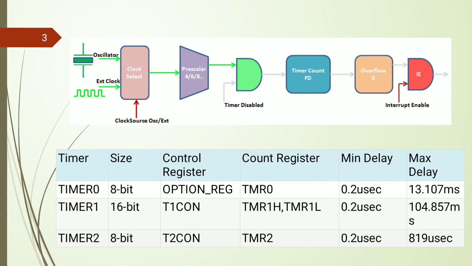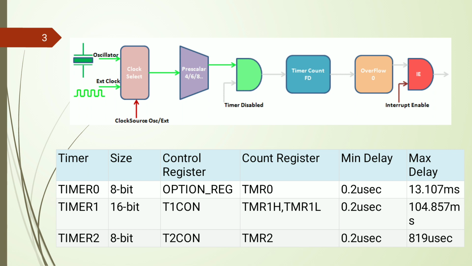After that, whether we want to enable or disable the timer for timing purposes or counting of events, you should enable the timer. After that the timer count is there, and on reaching a particular value, it will generate an overflow signal with the interrupt if we enable the timer interrupt. So this is the basic flow of the timer circuit for each and every timer.